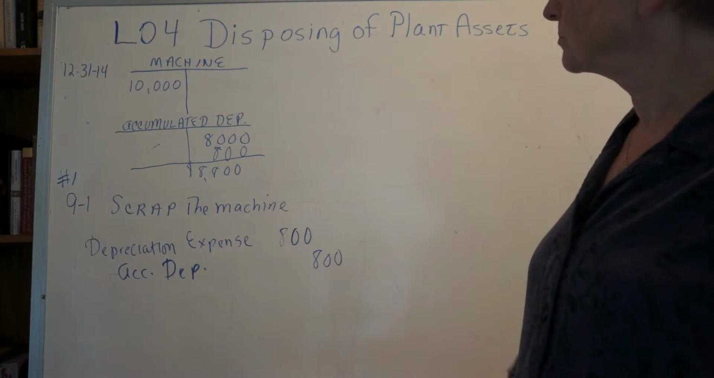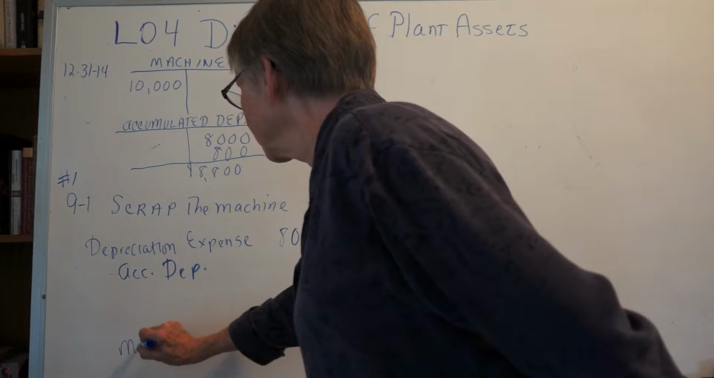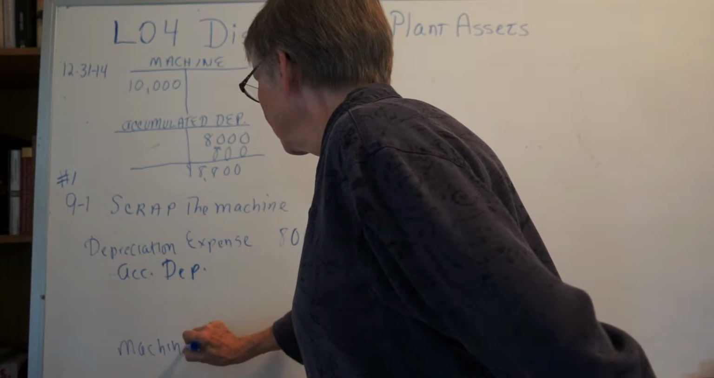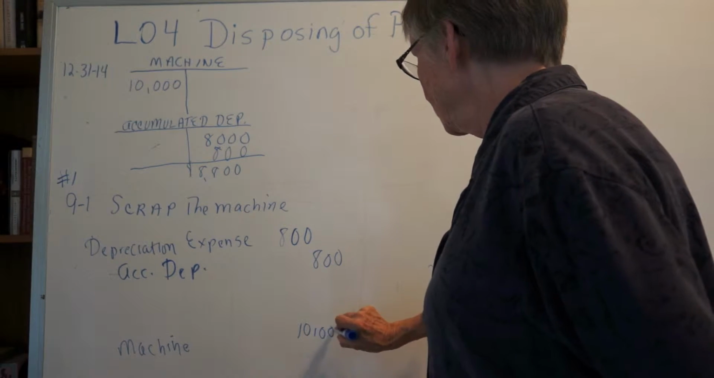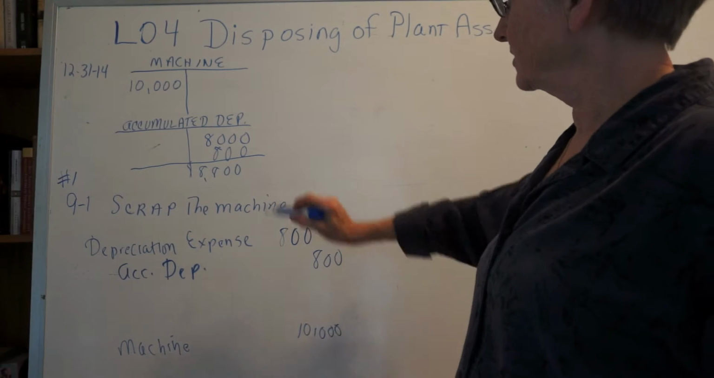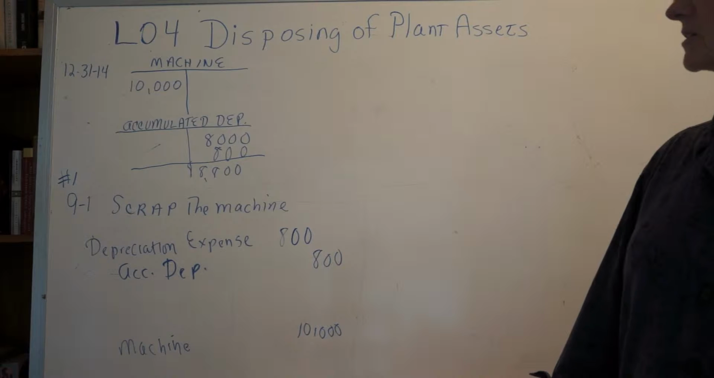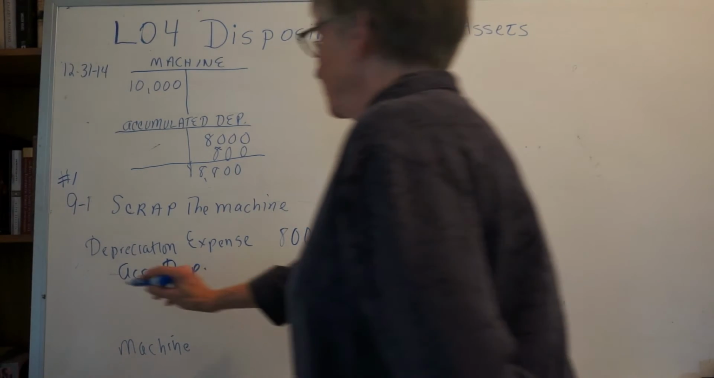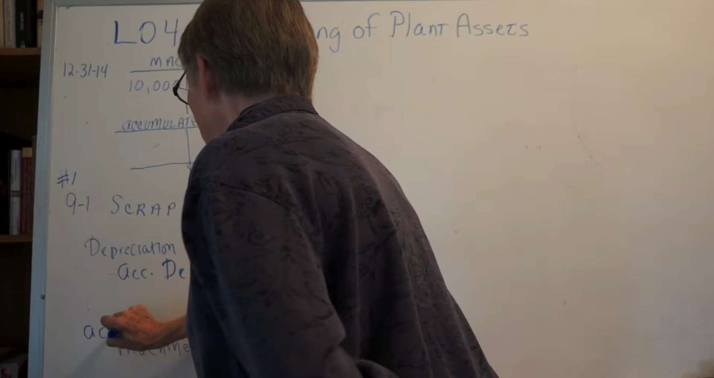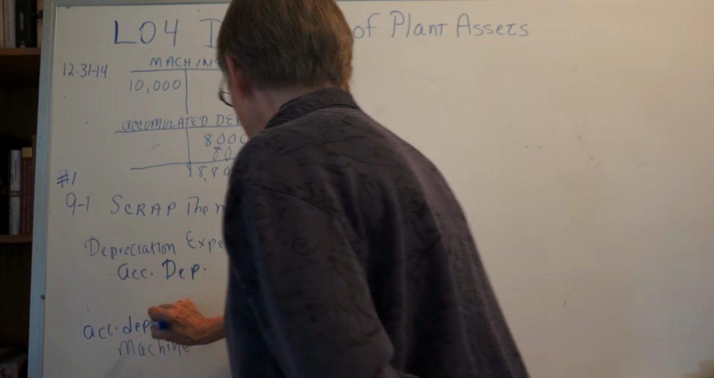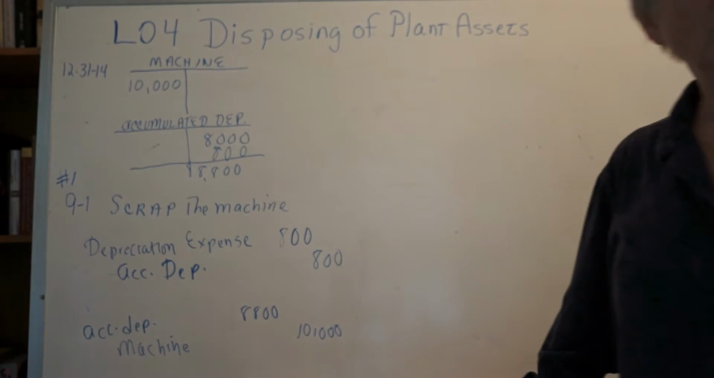Well, the machine is on the books for $10,000. We know that has to come off the books. So we would credit the machine the $10,000 to get it off the books. We know that we have to get the accumulated depreciation off the books because you can't have that account there without the machine. So we would be debiting our accumulated depreciation on this machine for the $8,800,